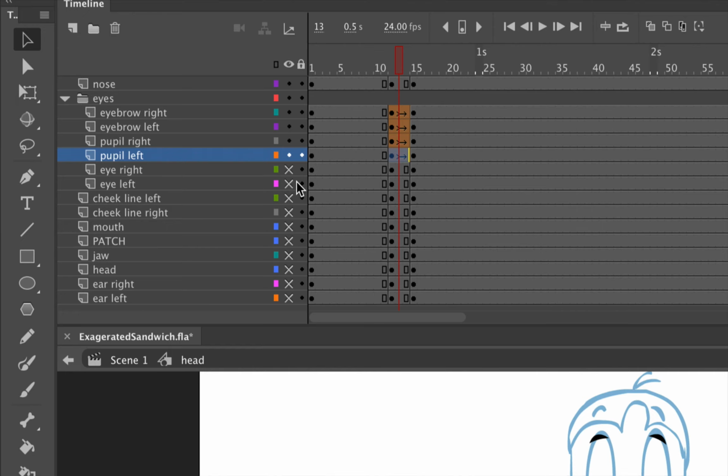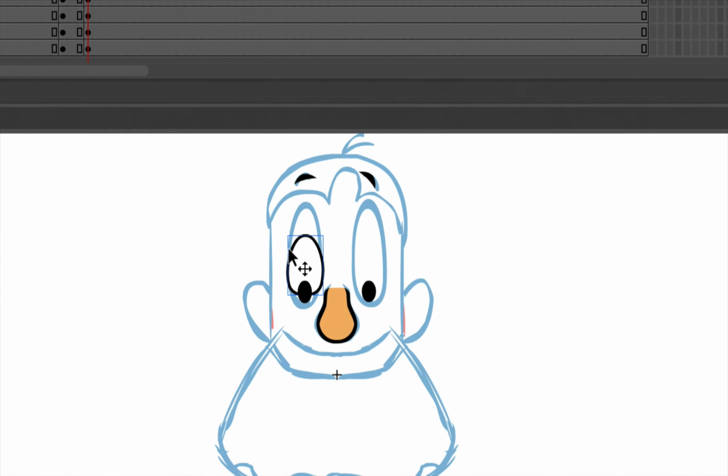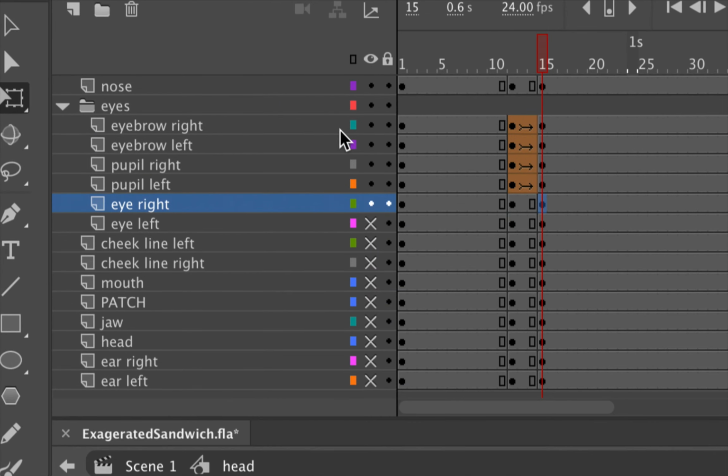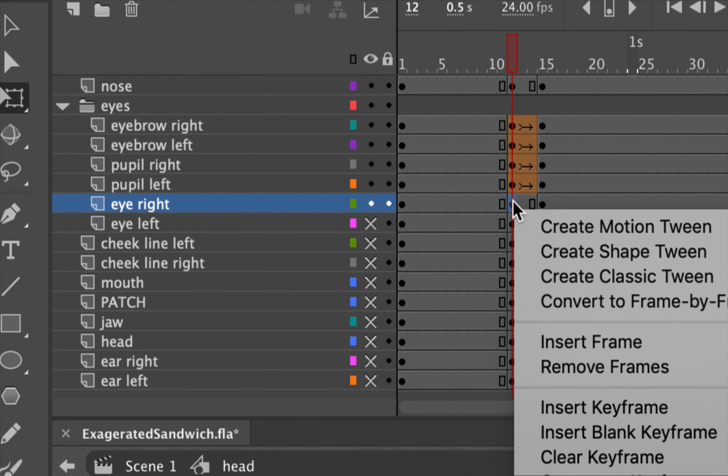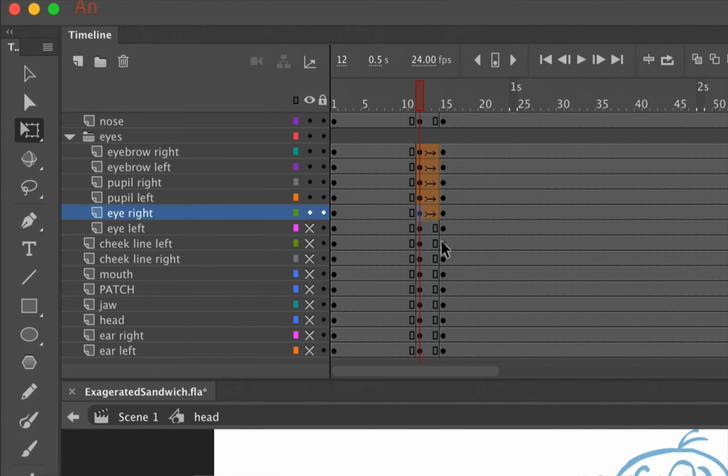Finally, the left and the right eye. Unlock the right eye, choose the 15th frame. With it done and selected, I'm going to choose Q. Hold down my Option as I click and drag the bottom part till it matches the bottom of there, and the top part till it matches the top up here. If yours is off by a little bit, that's okay. It's nothing I'll count off for. With that done, return to your timeline, control click, turn on a shape tween, and finally let's do the left